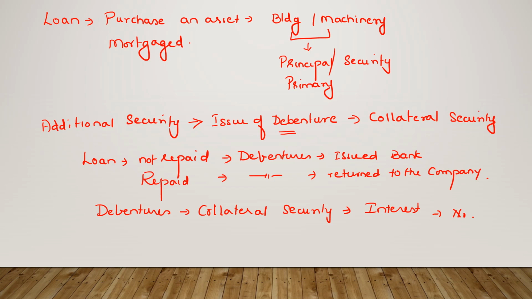Now, moving further, let us understand the accounting treatment of the issue of debentures as collateral security. The accounting treatment part is how you are going to show it in the books of accounts of the company which is issuing its debentures as collateral security. There are two ways, first and the second. Under the first method, journal entry is not passed.